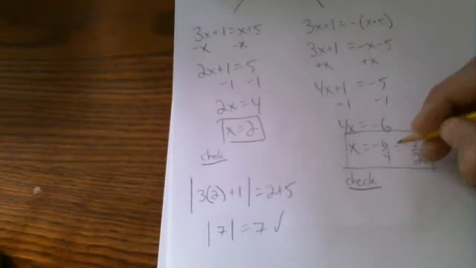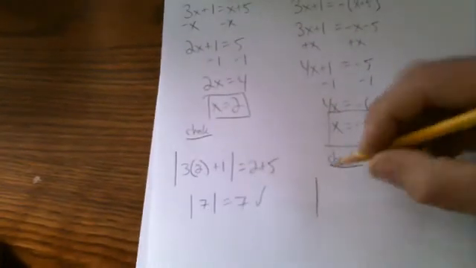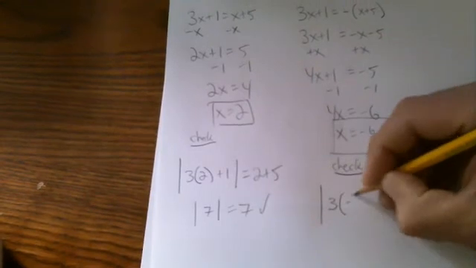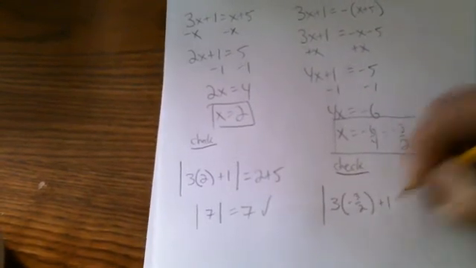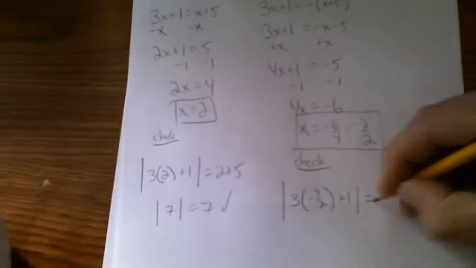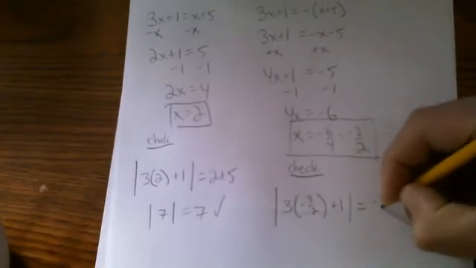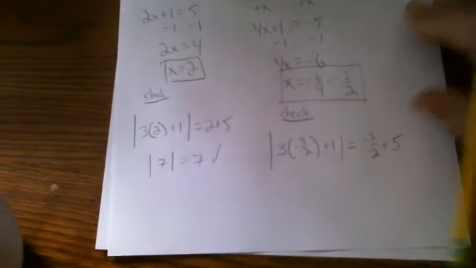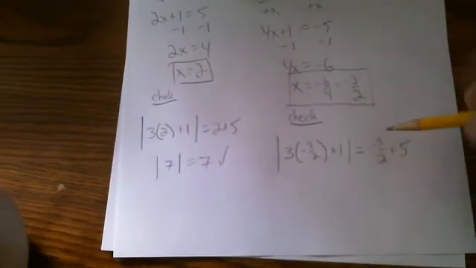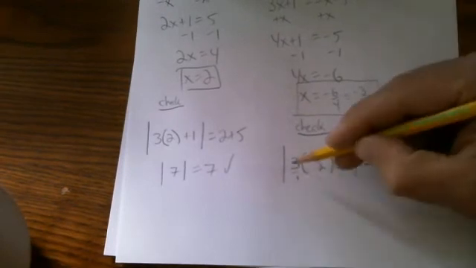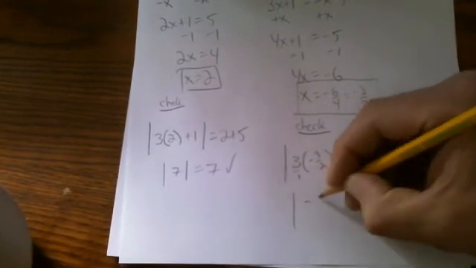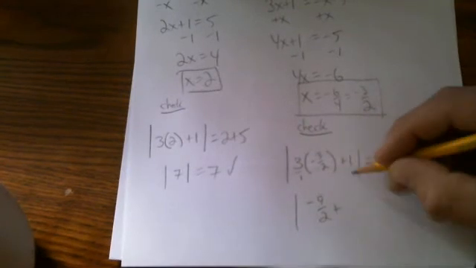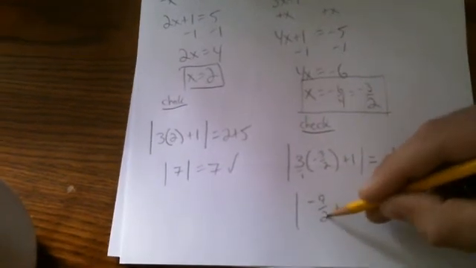So the check for here, we're plugging in negative 3 over 2. The absolute value of 3 times negative 3 over 2 plus 1 is equal to negative 3 over 2 plus 5. Alright, so this is going to take a little work, so we need a common denominator over here. This is just like 3 over 1. Let's multiply across the numerator. Negative 9 over 2 plus, and I'm not going to say 1, I'm going to say 2 over 2